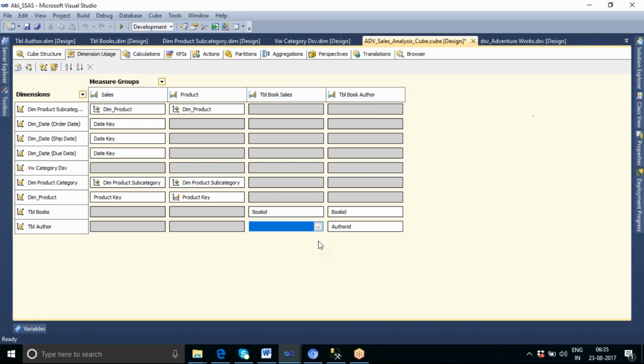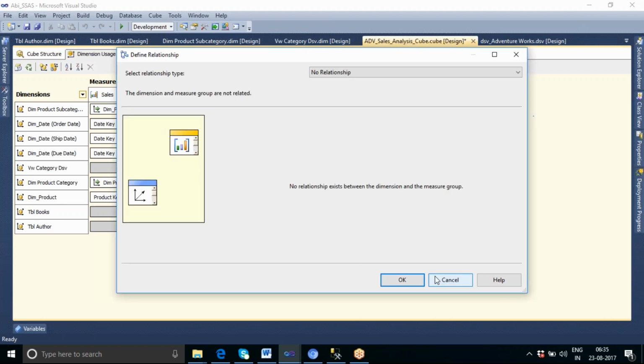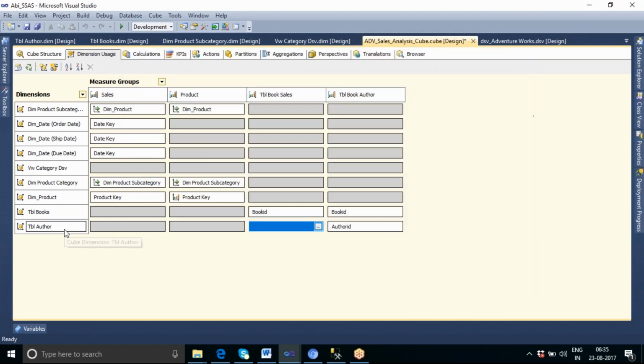Let us go and see that. You can see here your author table and your fact table are already related to each other based upon the author ID. Now I want to build a relationship between our author table and the book sales table.